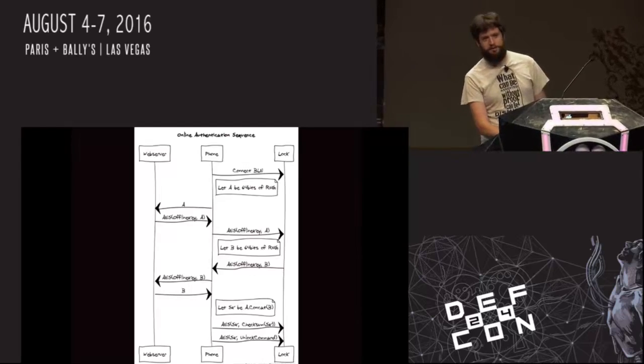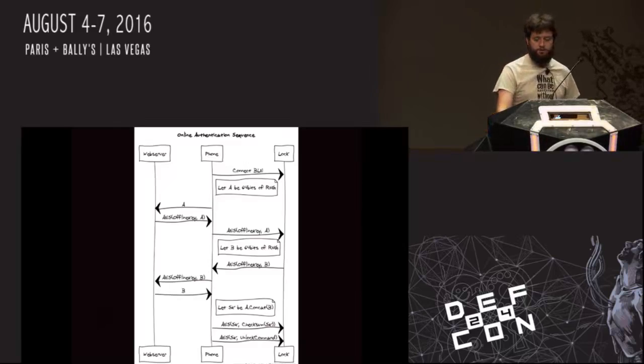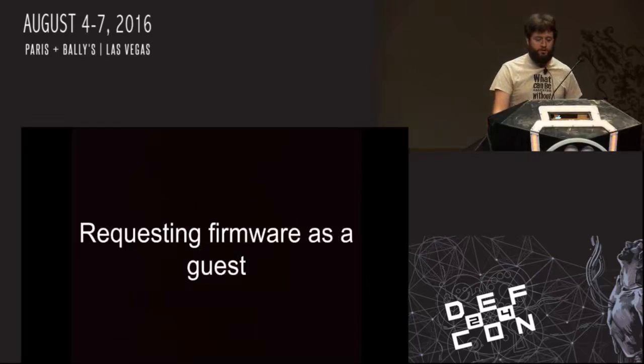Now, what's interesting here is you'll notice this is all symmetric encryption, which means the web server and the lock must have the same key. So how did they get that key onto the lock? One option is burnt in at the factory, and there's absolutely no way to pull it out. Another option would be maybe it's flashed in with the firmware. So